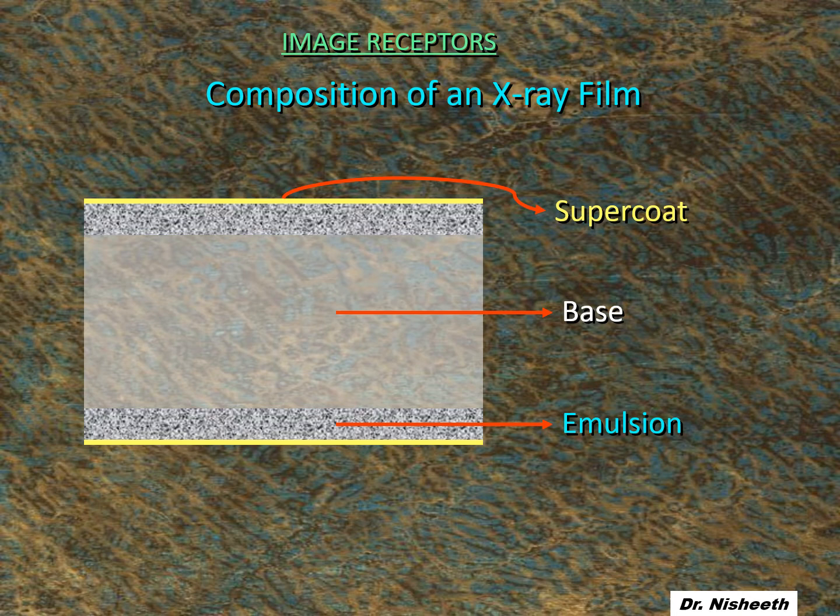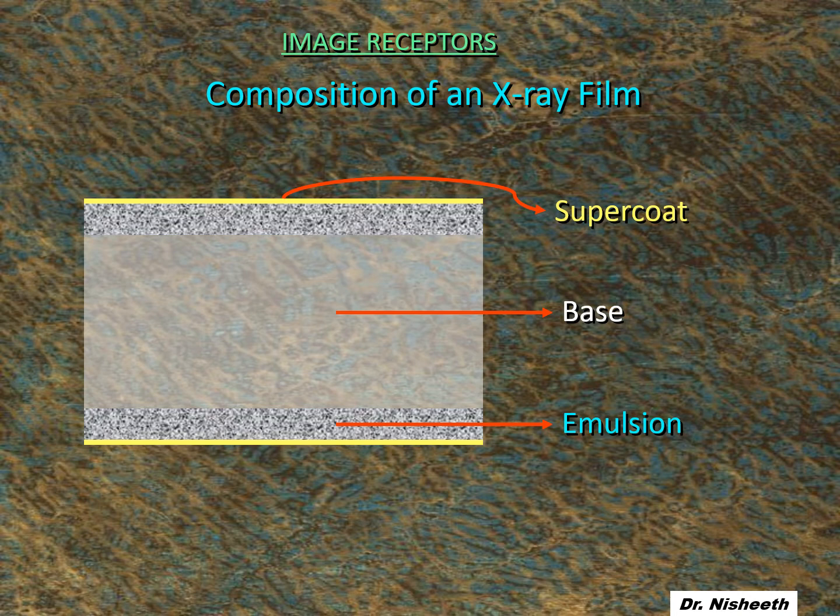That means X-ray films should ideally have something which is sensitive to X-rays. It should have some material on it which is sensitive to X-rays, and when that material is exposed to X-rays, its chemical composition should change, and when we process it chemically, it should change completely. Or when we talk about digital radiography, the sensor we have should have something which is sensitive to X-rays, and the structure changes in such a way that it emits signals which get transferred into the computer data and show us that image.